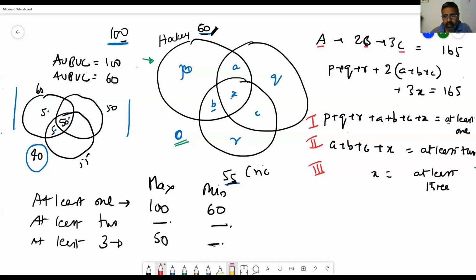Okay. Here Roman letter 1 is at least 1, 2 is at least 2, and 3 is at least 3. And if you add that up, it's the same. Basically, I've taken one ABC from here and one X and put it here. This X I've added here.